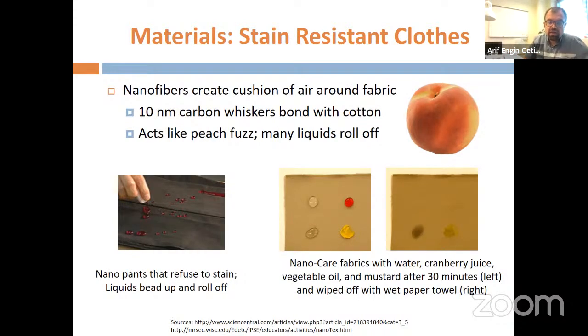In these clothes, they are actually mimicking the fruits. You see when you drop water on the surface of a peach, the water molecules, instead of spreading, start to bead up and roll off. They start to get clustered. You see droplets instead of a liquid flow. So these materials exactly mimic that